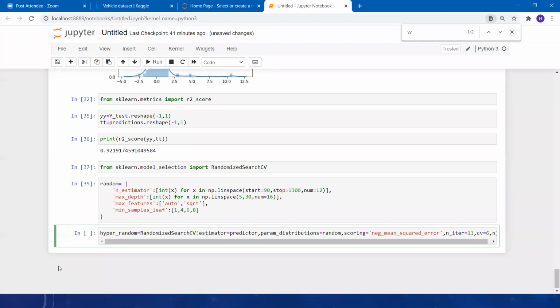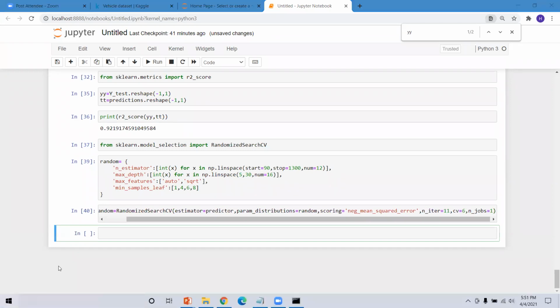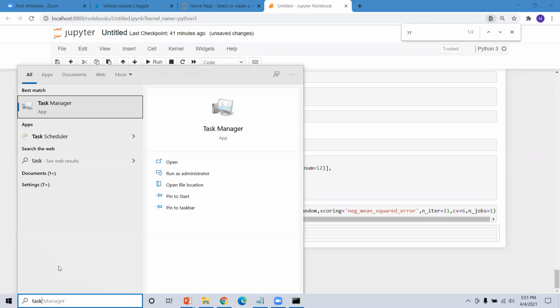And can anyone tell me what we mean by n_jobs? Here we are going to use it as one. Anyone who can tell me the meaning of n_jobs? Number of processors, yes. Try to observe over here, I am opening my task manager.